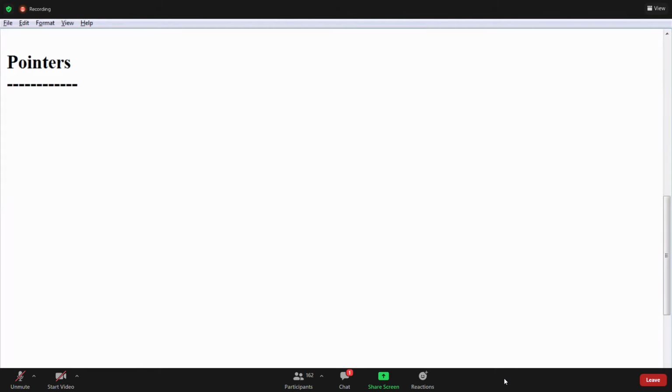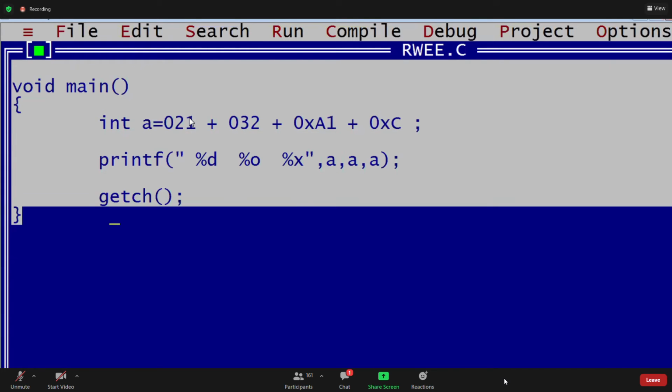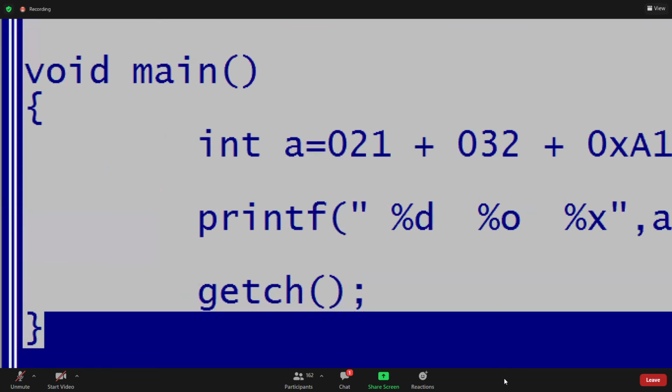Pointers. Yeah, Teja. Which one? Last example? You're asking this example, Teja? Yes. This is the octal number, no?